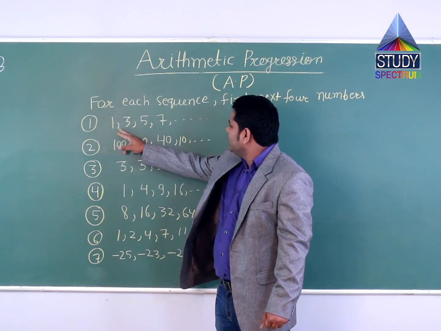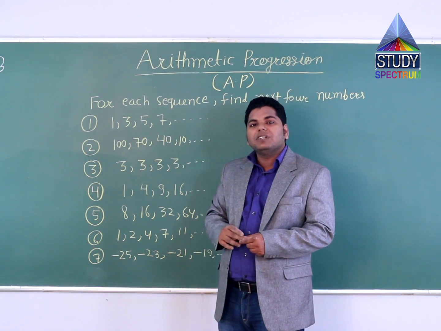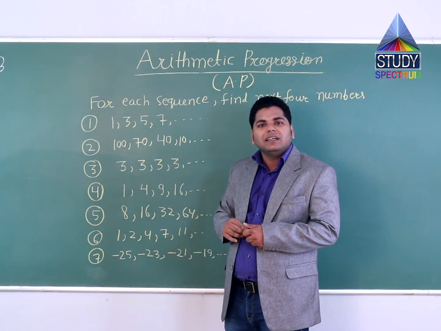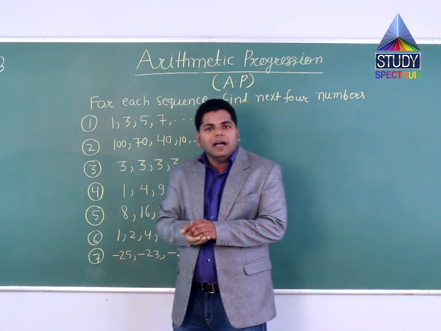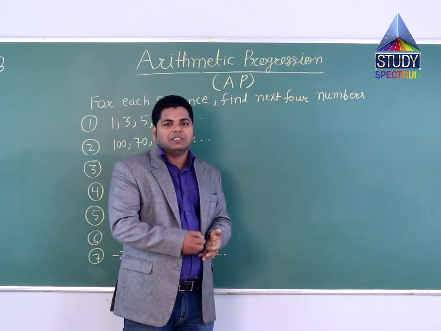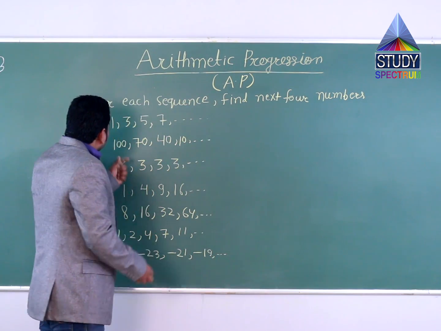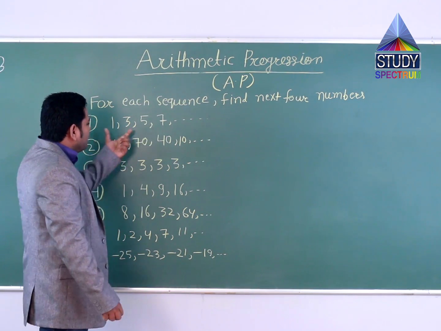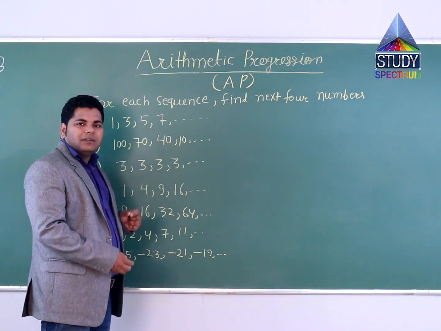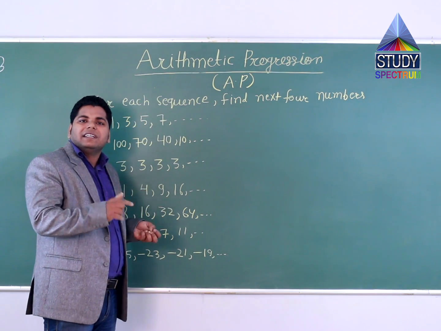Here you have 1, 3, 5, 7. This is a sequence, but first of all we have to understand the pattern involved in that, the definite order and the rule involved in that, and thereafter you will be able to guess the next 4 numbers in this sequence. So 1, 3, 5, 7. You can easily say these are the list of odd numbers, and there is some definite order because these numbers are in increasing order.